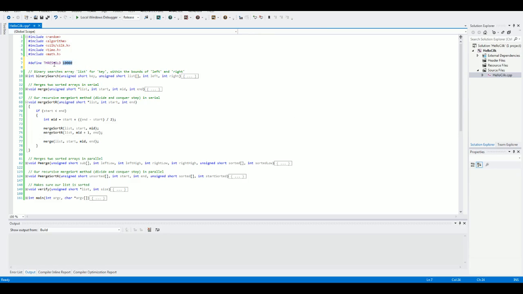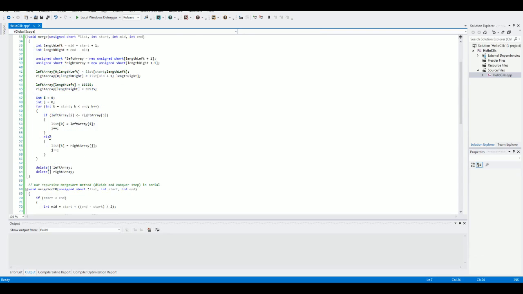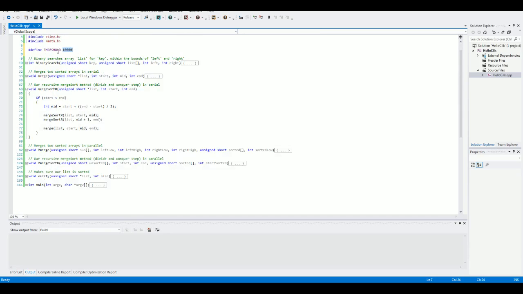Basically, if your unsorted list is smaller than the threshold, then you can switch to a different algorithm that could be faster for all these small base cases. So you only have to do the parallel stuff and split the work up into chunks that are small enough that you can handle them much more efficiently